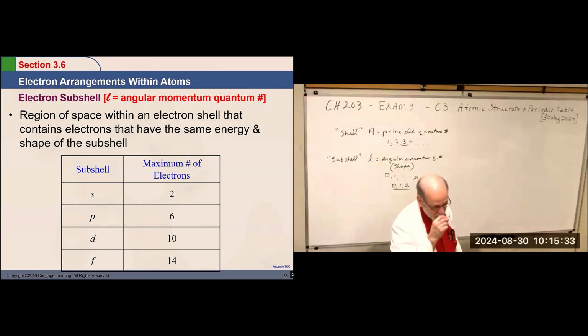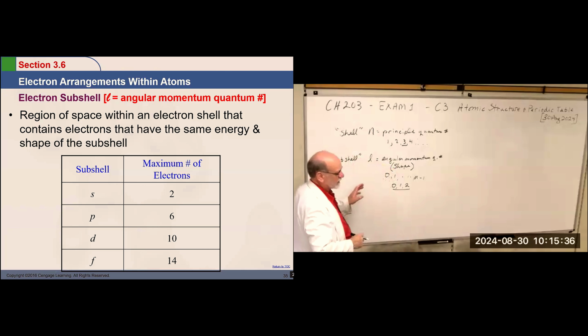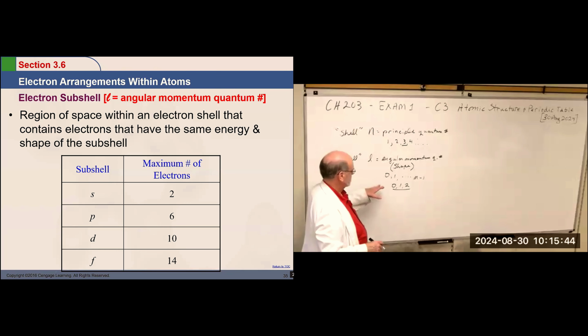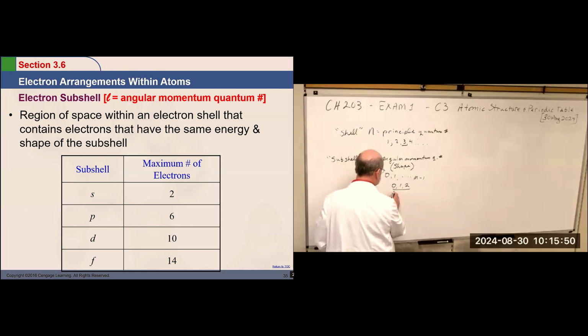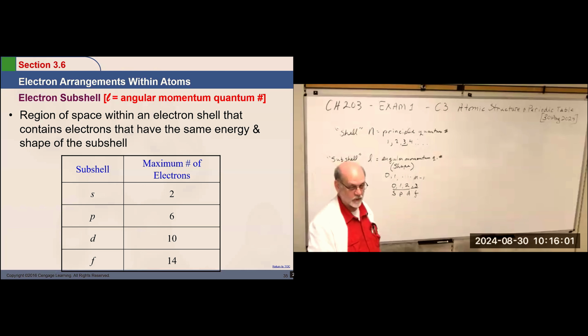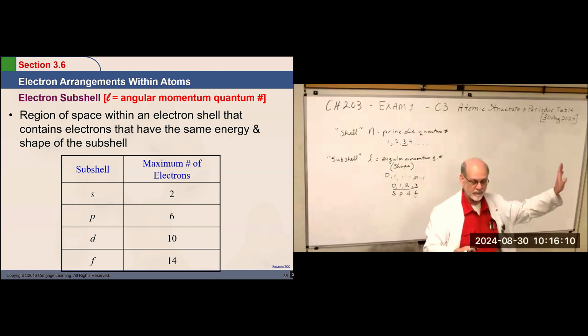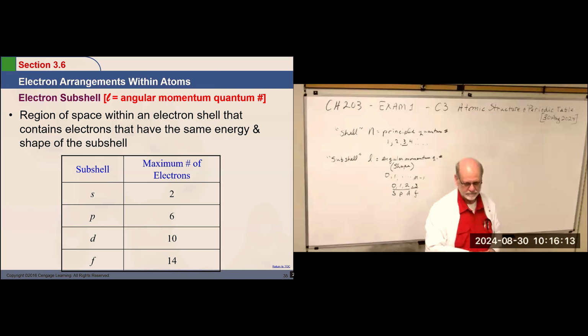All right. And when we start building electronic structure of an atom, using these numbers can get to be messy. So we assign letters to these subshells. If we have a 0, it's an S. If we have a 1, it's a P. A 2 is a D. And say we went to 4, we'd have 3, and that would be an F. And actually, that's as high as we need to go for all the elements that we know now. You can go higher. If we promote an electron from an F further up, then you can go to a G and so forth.